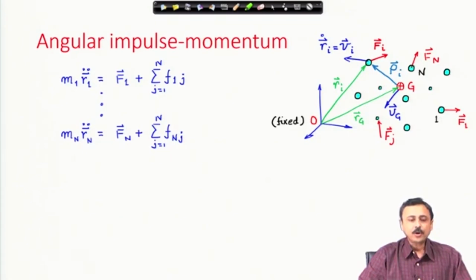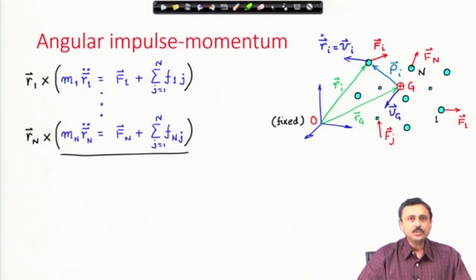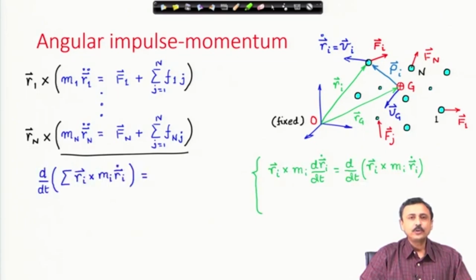Now, I take the cross product of the individual equations of the particles with r_i vector, but here it is very important to note that it is r_i cross Newton's second law for the ith particle. So, for the first equation I have r_1 cross Newton's second law for the first particle. For the second particle it would be r_2 cross Newton's second law for the second particle, and so on. For the nth particle it is r_n, the position vector of the nth particle, cross Newton's second law for the nth particle. When I do this and sum over,